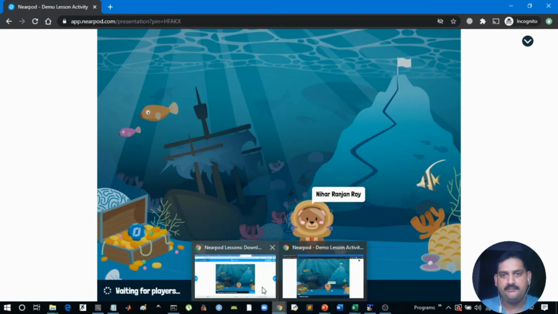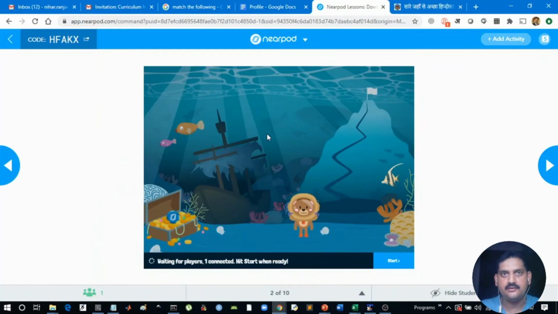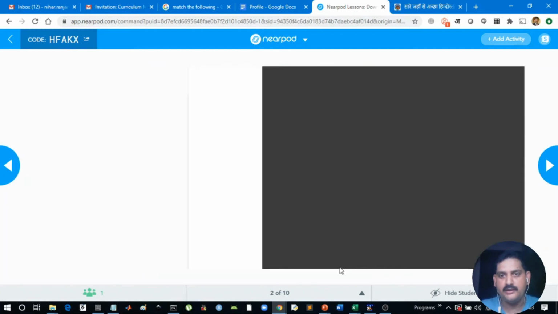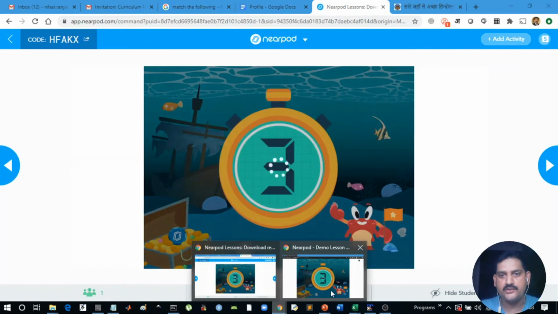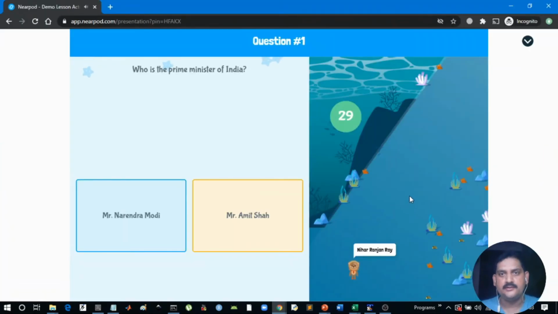In the meantime, the teacher's screen is like this. If all the students have joined, you see here only one character, that is, this student has joined. So in our case, nobody else is expected, else you can wait for others to join, and you click on the start. Once you click on the start, only then will the student be able to proceed with this activity. So here you see, the timer has started.